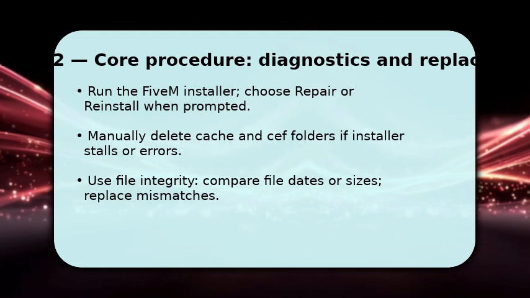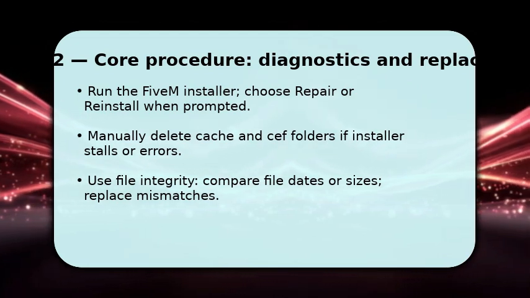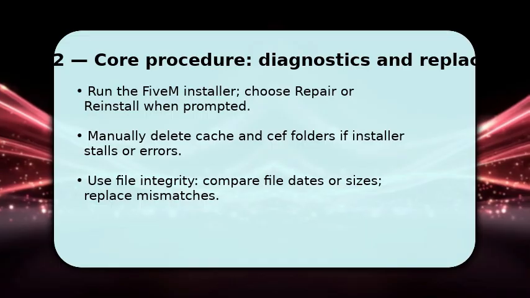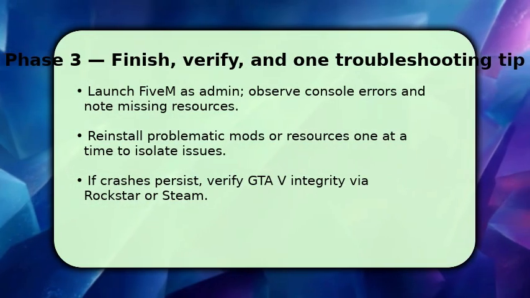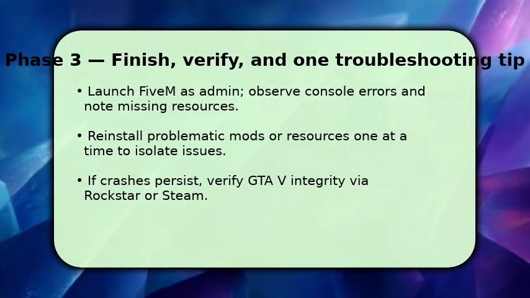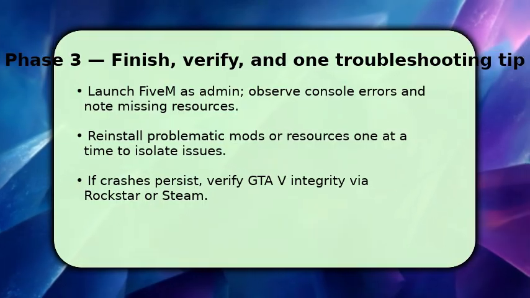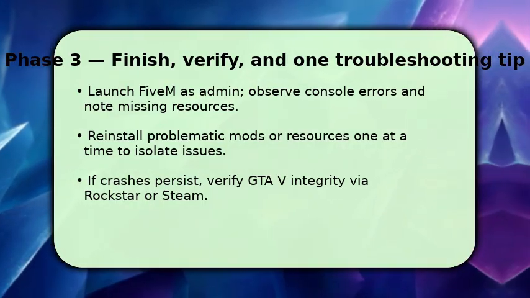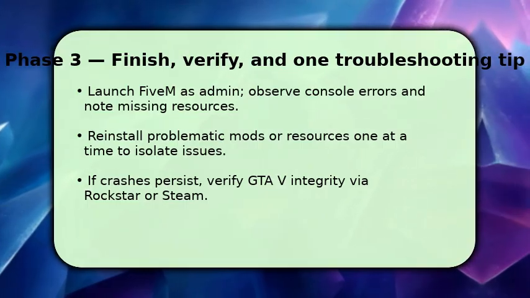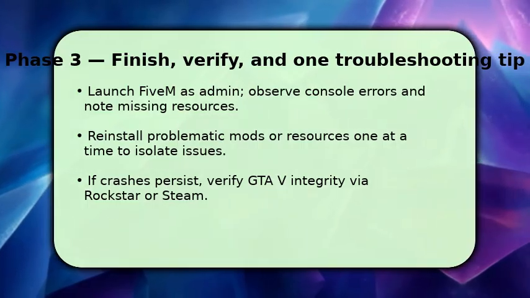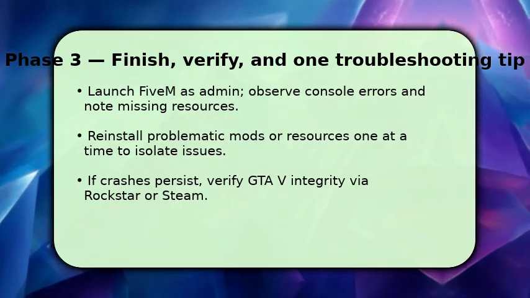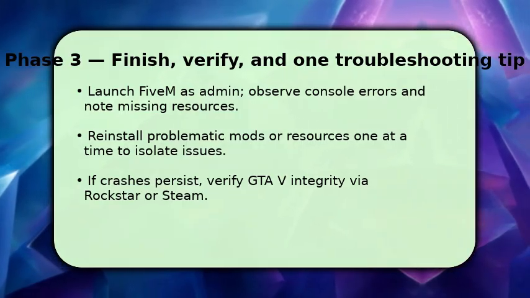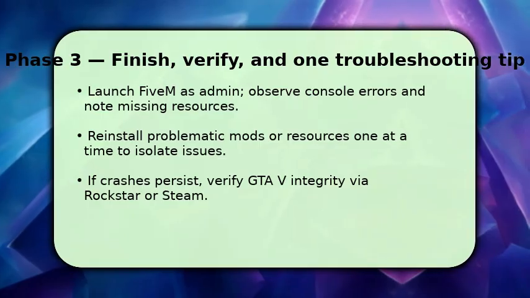You finish by confirming the client runs and isolating remaining faults. Launch FiveM as administrator. Watch the console for error lines and write down any missing resources. Once you see an error, reinstall that mod or resource alone to check if it causes the crash. This isolates conflicts. If problems persist, verify your GTAV installation integrity through Rockstar or Steam so core game files aren't